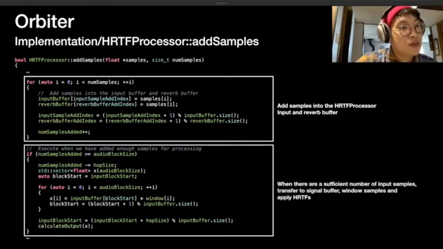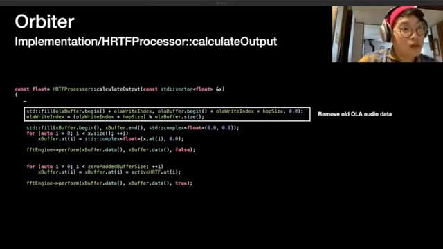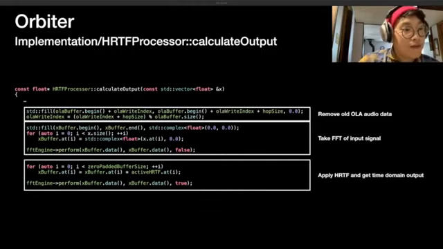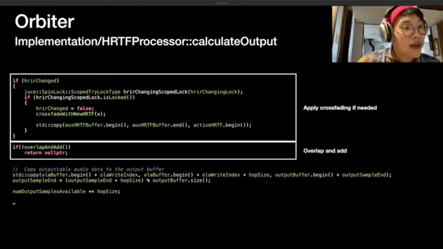And so when enough samples get added into that input buffer, the processing is triggered, and that's done largely by calculate output, this function here. So let's have a closer look at that. In calculate output, these two lines will actually remove the oldest processed blocks, like we saw in the slides past. This part will run the FFT on the input signal, and this part applies the HRTF and performs the inverse FFT. If there was a HRTF change, then this block of code handles the crossfading, and this block handles the